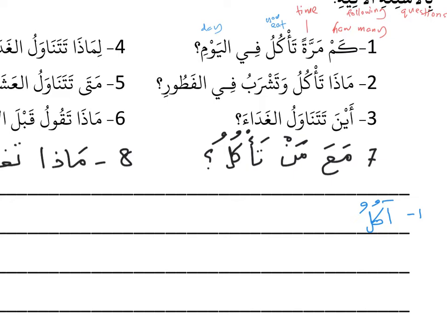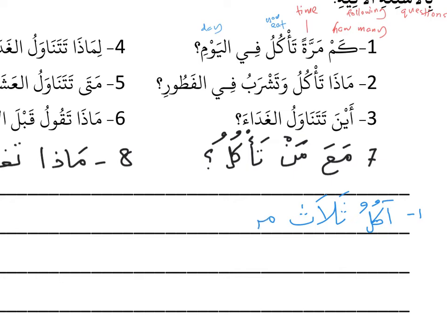Akulu. Kam marratan. We want to say 3 times. How do you say 3? I have told you to look for the numbers. To learn the numbers from 1 to at least 10. And if you have the time, learn from 11 to 20. So what is 3? 3 is thalatha or thalathatun. So akulu thalatha, 3 times marra,